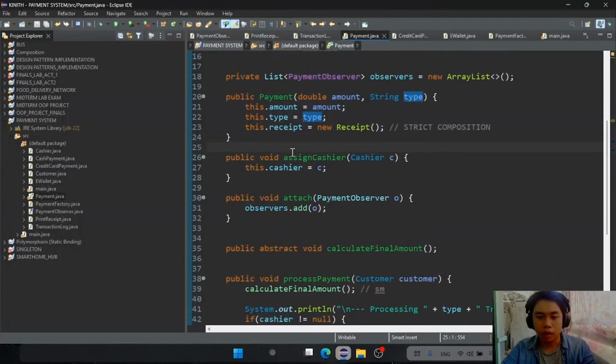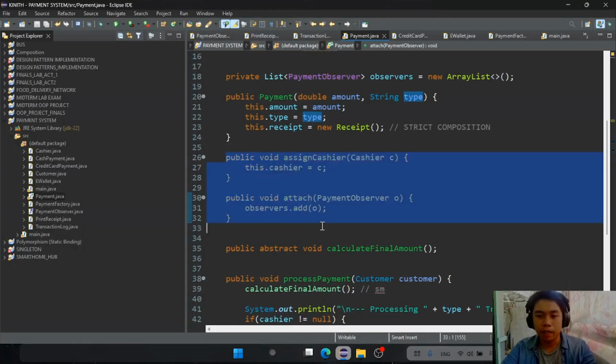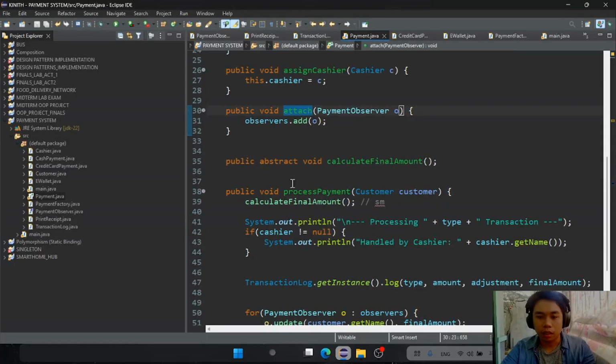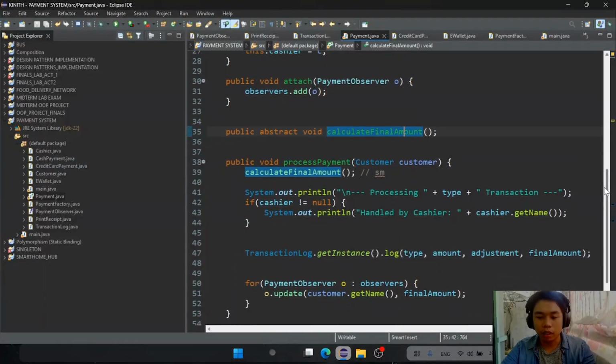So we have here from the observer class, PaymentObserver, the assigned cashier, then the attach. Then after that, this line of code will calculate the final amount. It forces the CashPayment class, CreditCardPayment class, and EWallet class to compute the final amount.